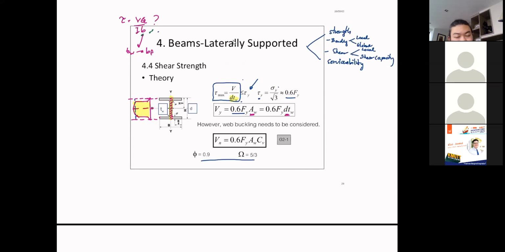Is there any question about the shear? If not, let us get into this